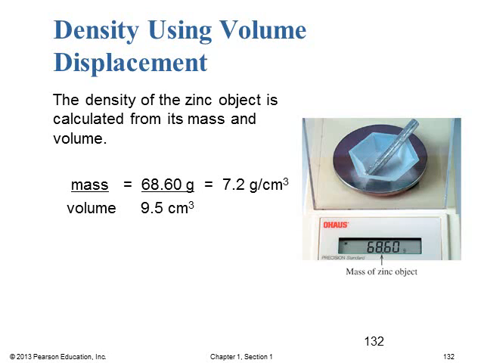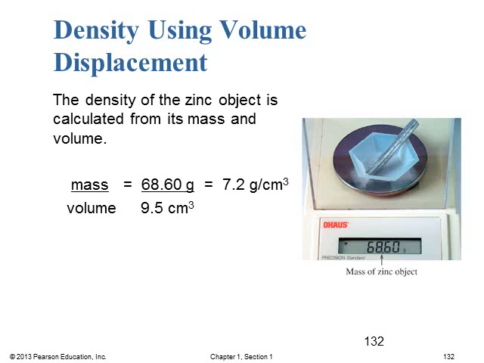We can use these volumes found from the displacement in the calculation. This is just the same as any other volume measurement. So what you can do here is measure the mass of this zinc using a scale. We just measured the volume by displacement, and so then you can measure and calculate the density. Here you see that the balance measured the mass of the zinc as 68.60 grams.